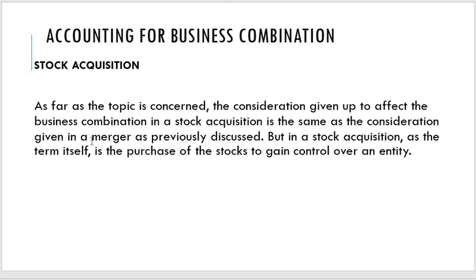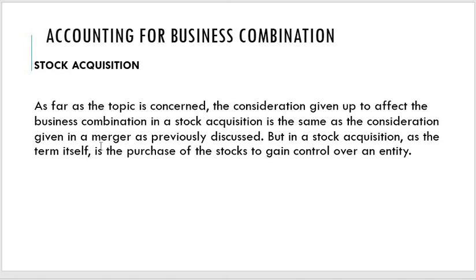But in a stock acquisition, as the term itself says, it is the purchase of stocks to gain control over an entity, right? Because in a merger, the acquirer purchases the net assets of the acquiree. So in stock acquisition, the acquirer or the parent will purchase the outstanding shares enough to obtain control